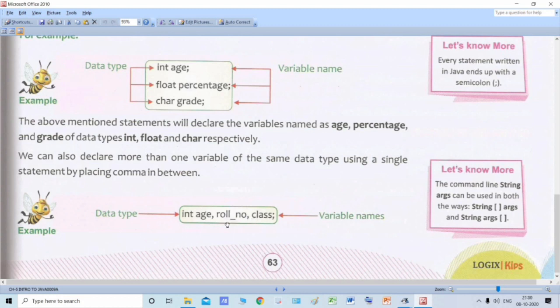Otherwise, variables are declared in different lines. But if you have multiple variables which you want to declare in the same line, then you can do that also. Int, this is the data type, then you have declared age, comma, use this comma to separate the variable names, and you can declare multiple variables in the same line.